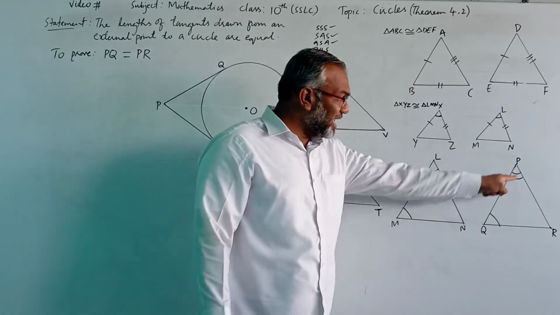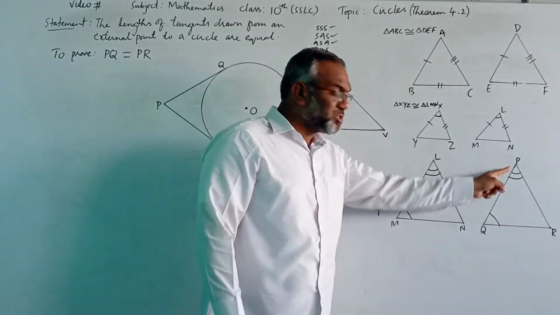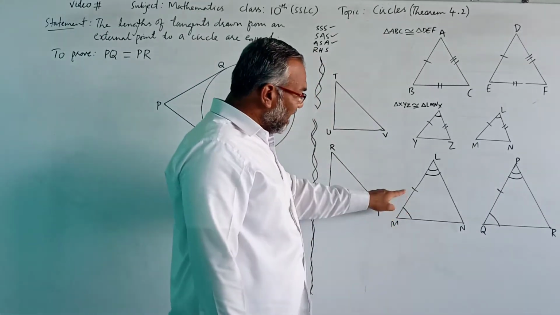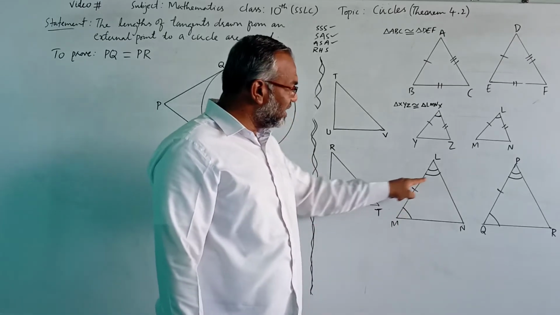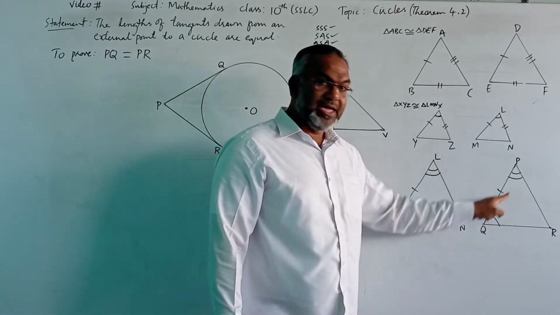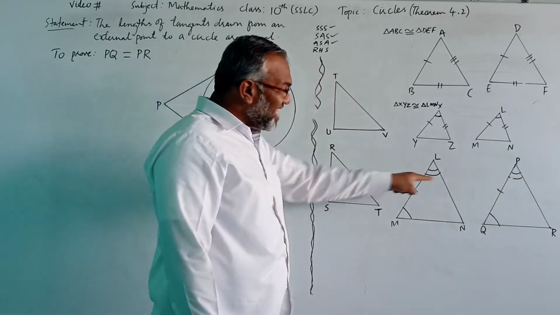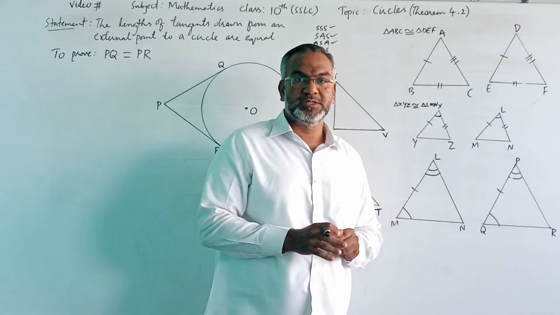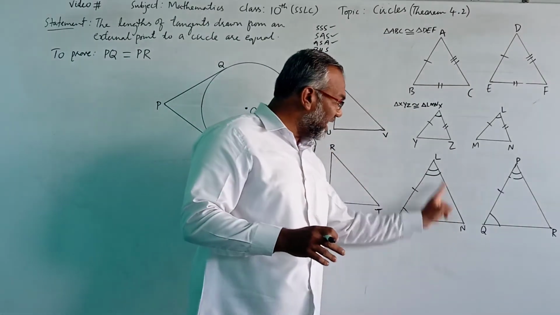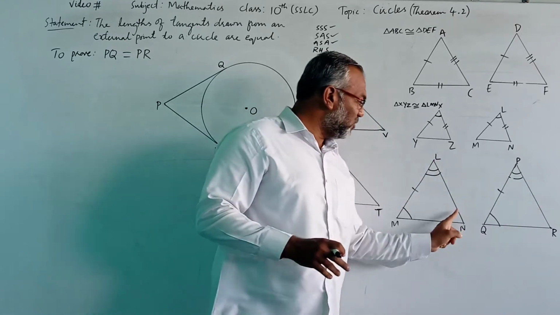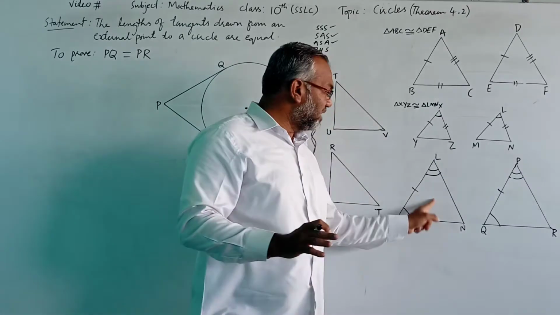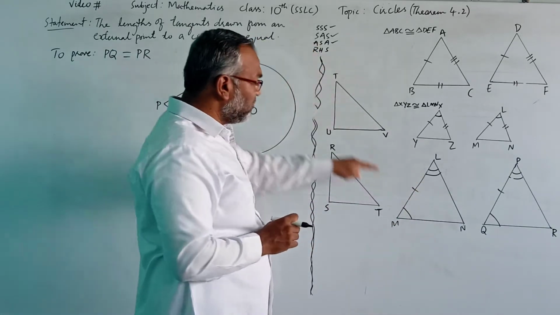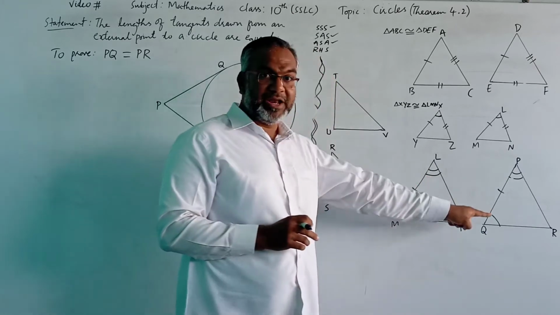If two corresponding angles are equal and the side between the two angles are also equal, then ASA, angle, side, angle. If this happens, then the remaining parts, no need to worry about. The remaining parts means the two remaining sides and one angle will definitely be equal and the two triangles become congruent. So here also, if two angles and the side between them are equal,